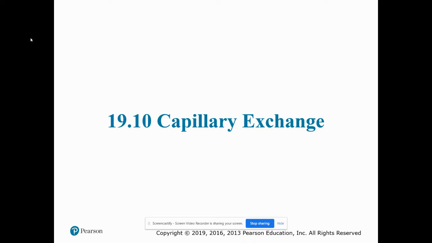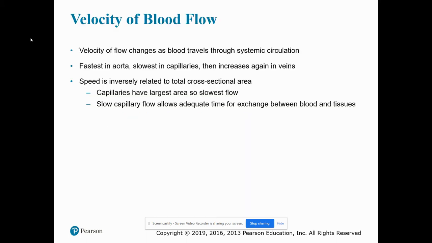Fourth and final part of chapter 19, and this one's on capillary exchange. So the velocity of the flow changes as blood travels through systemic circulation. It's going to be fastest in the aorta, slowest in the capillaries, and then it actually increases again in speed